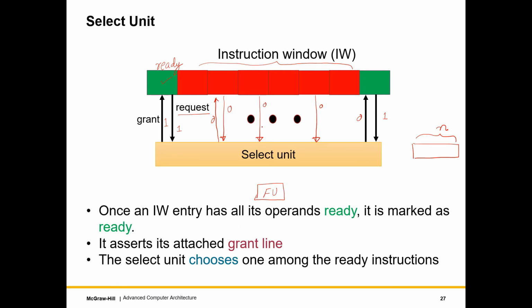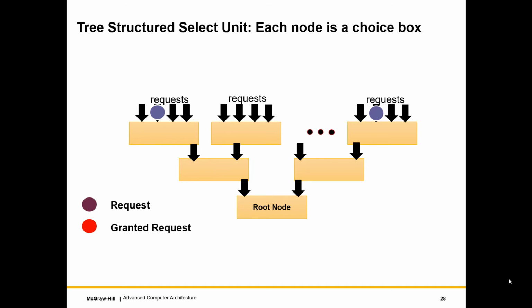So the job of the select unit is pretty much to select one among the n that is interested, or whose request line is set to 1. Let us now take a look at a select unit. A select unit takes in a set of requests, and its job is to assert one of the grant lines, the request that is granted. The grant lines are not being shown for ease of readability. In this case, we see a tree structured select unit. These are the different levels of the tree.